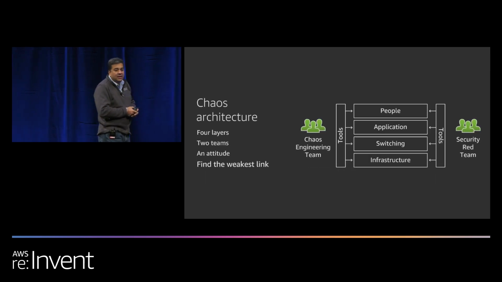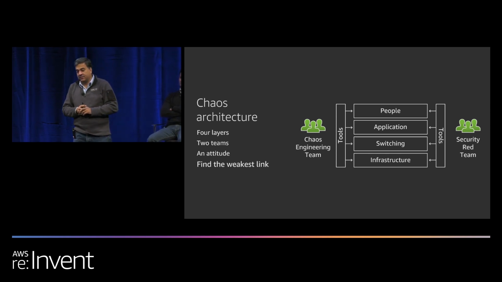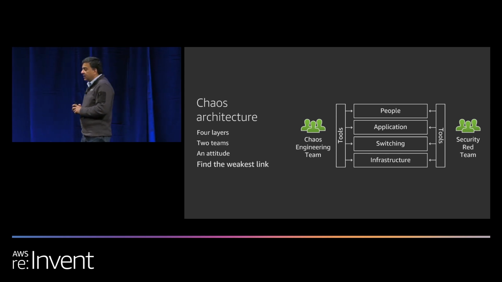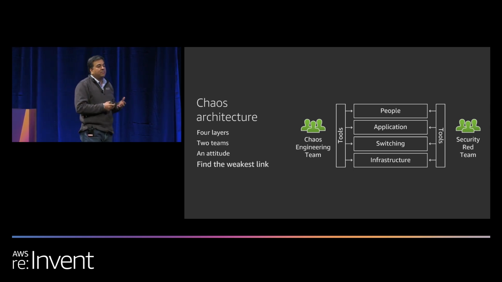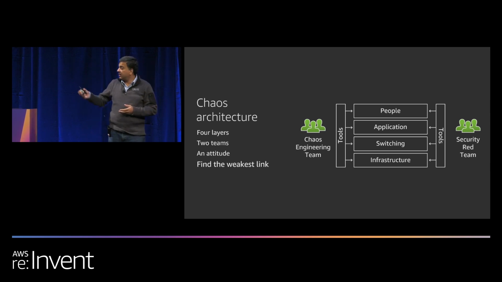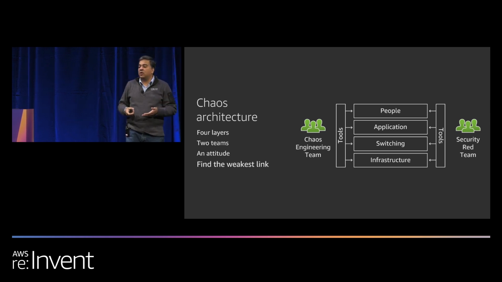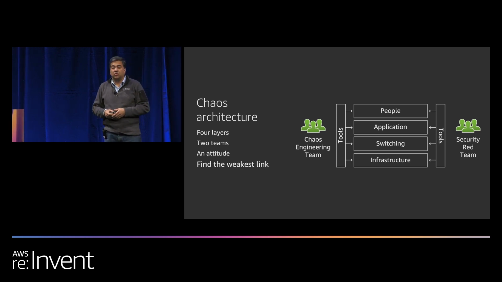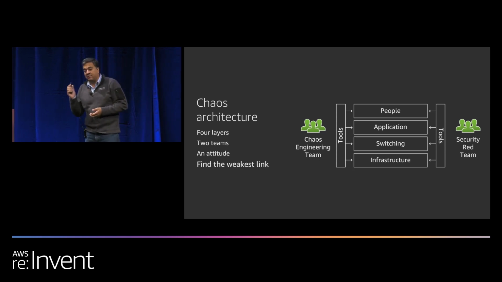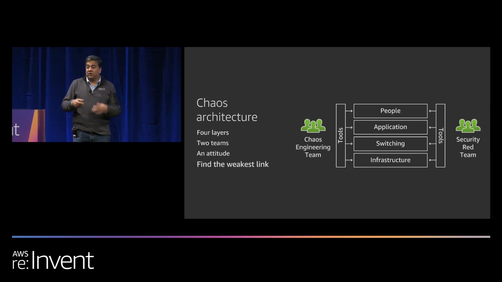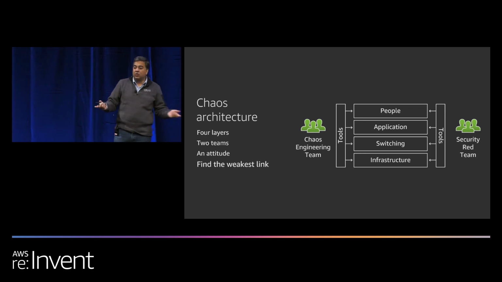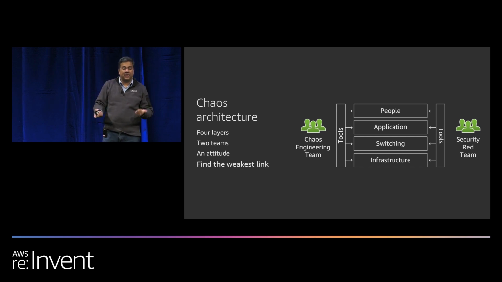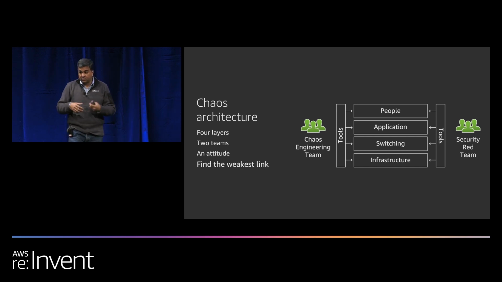Another important area is to be prepared for a failure, right? In terms of chaos architecture, you do a lot of testing, you do a lot of validation, but are you fully prepared for this? From an architecture perspective, you have a couple of layers in your application. So are the people who are going to respond to that specific instance, do they know what to do? When a failure occurs, you call them up and say, hey, this application has failed. And if they don't even know how to log into the console, or they don't know how to operate the application, or they don't know the dependencies, you're going to have a long time to recover, or you're not going to be able to recover the application. So that's something that you need to practice.